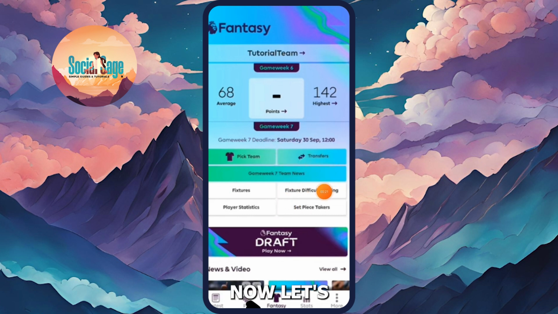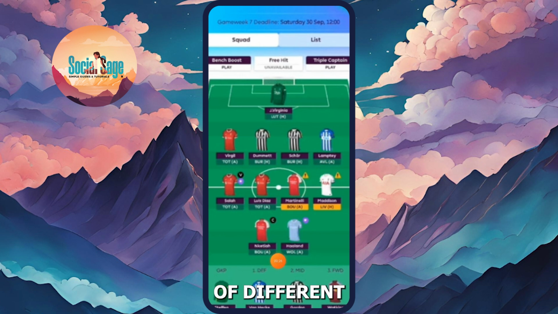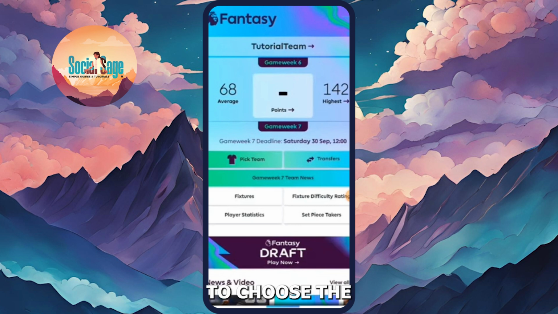here. Now let's hit on pick team, and here you can see there are a bunch of different teams over here. You can just either choose any of these teams, and let's look a little bit. That's totally on you, on your gaming strategy and how you play the game. And once you have chosen your team, you need to go back, and now it's time to choose the right